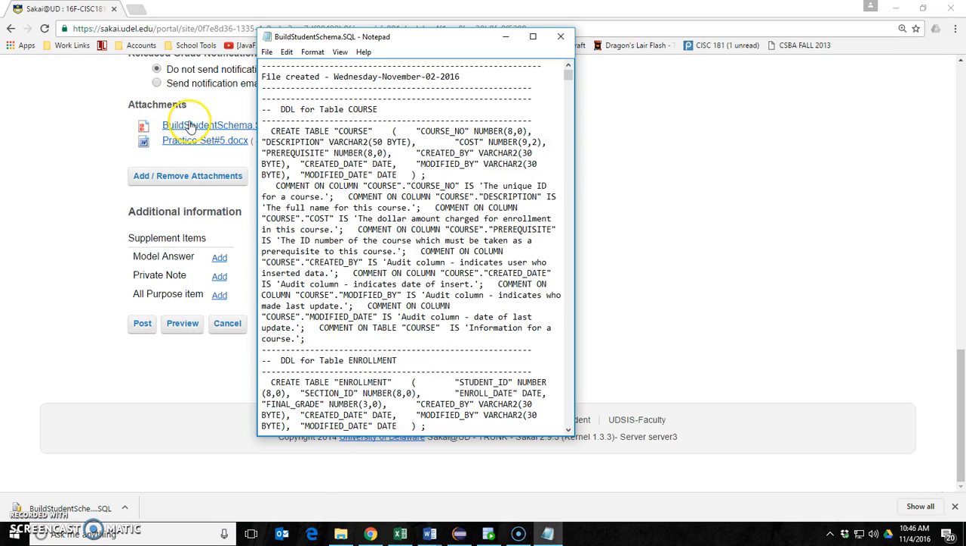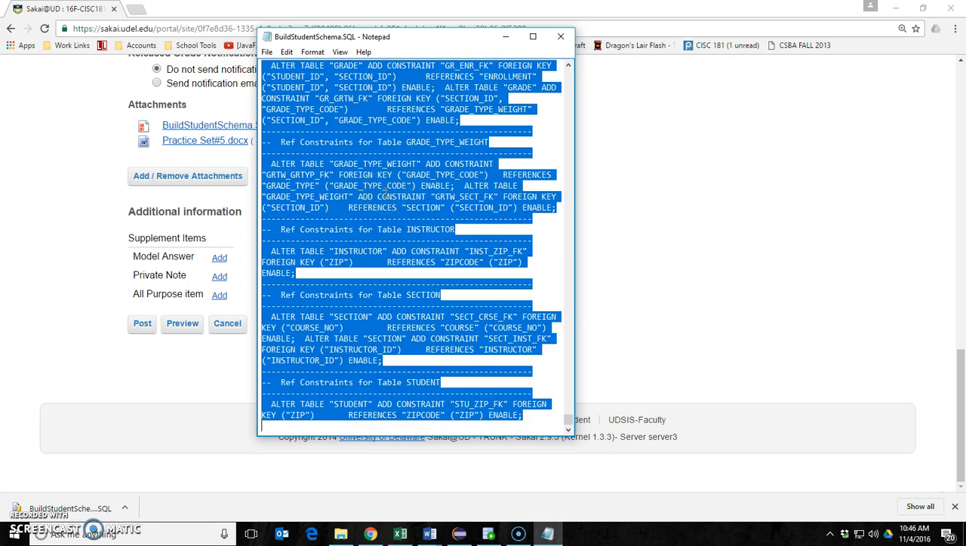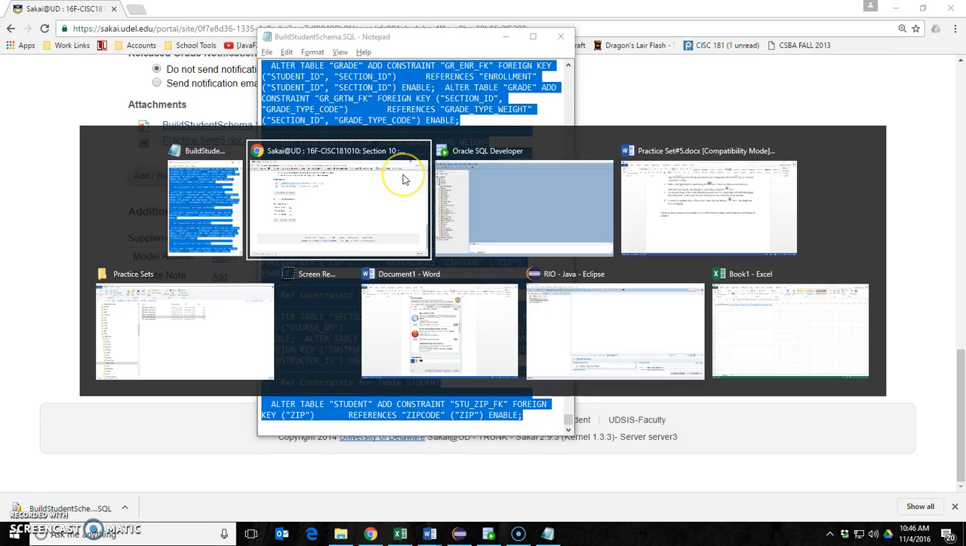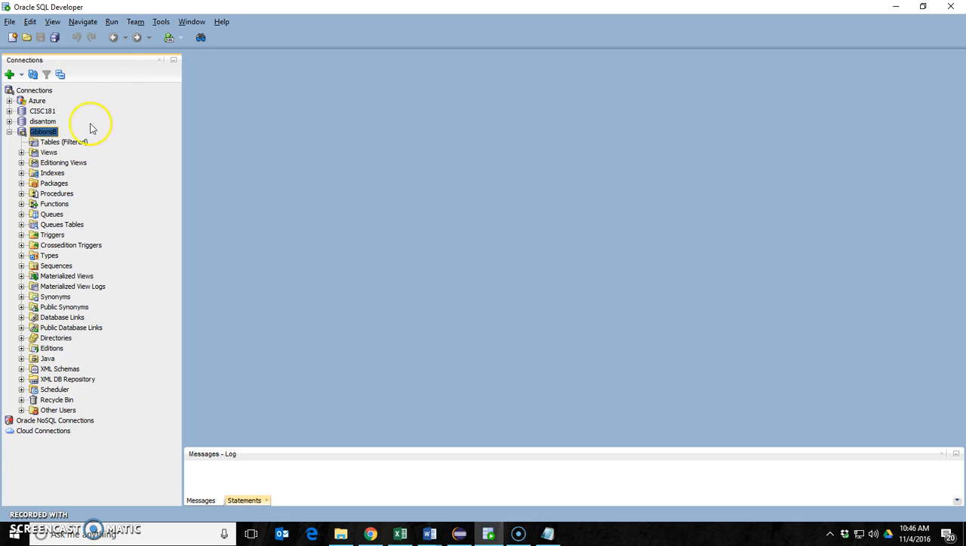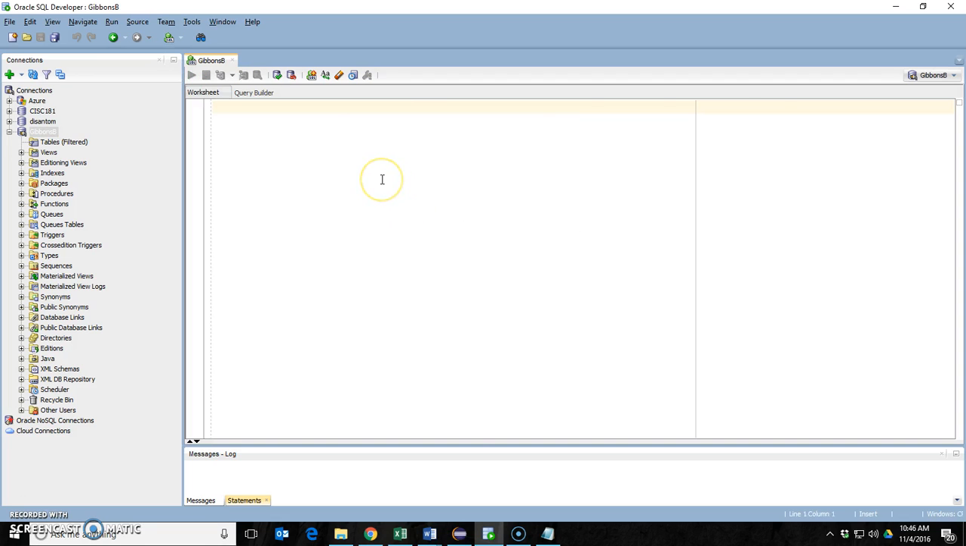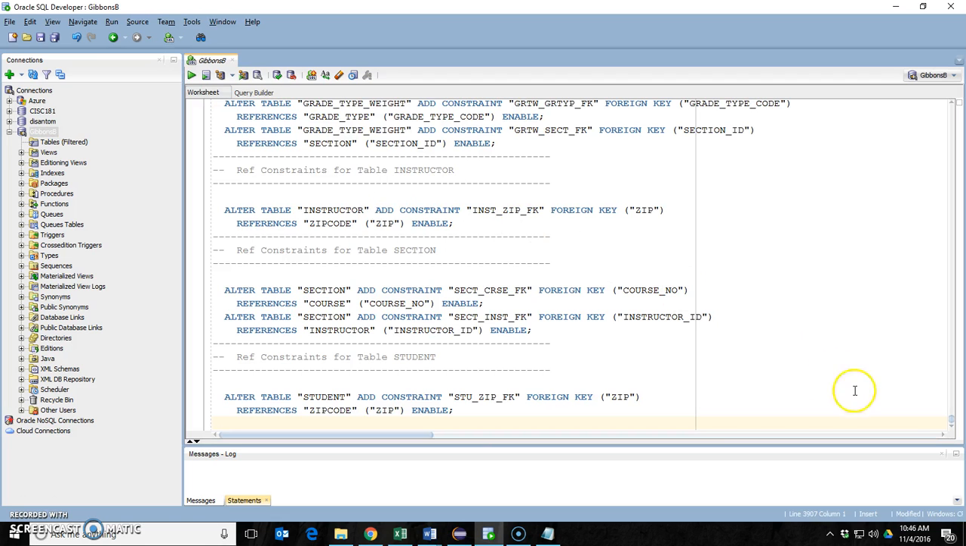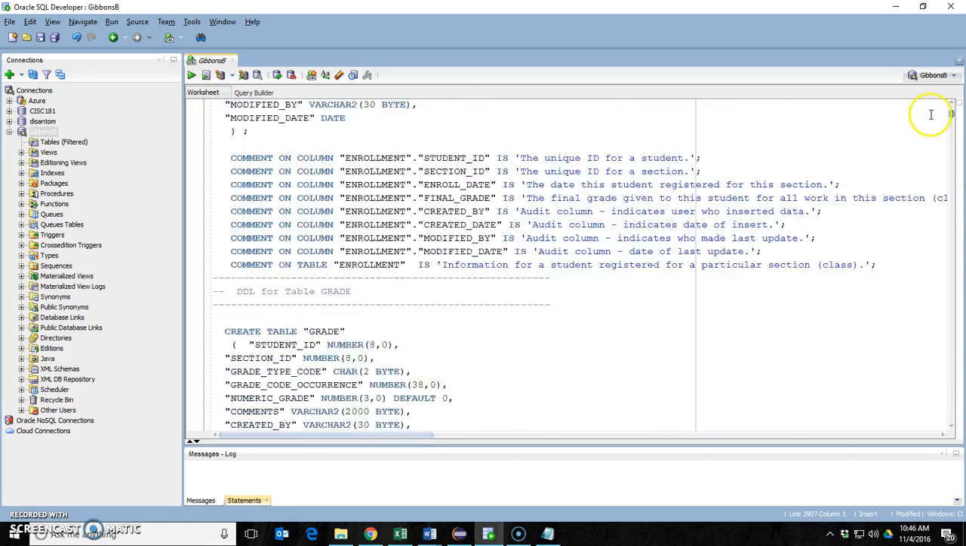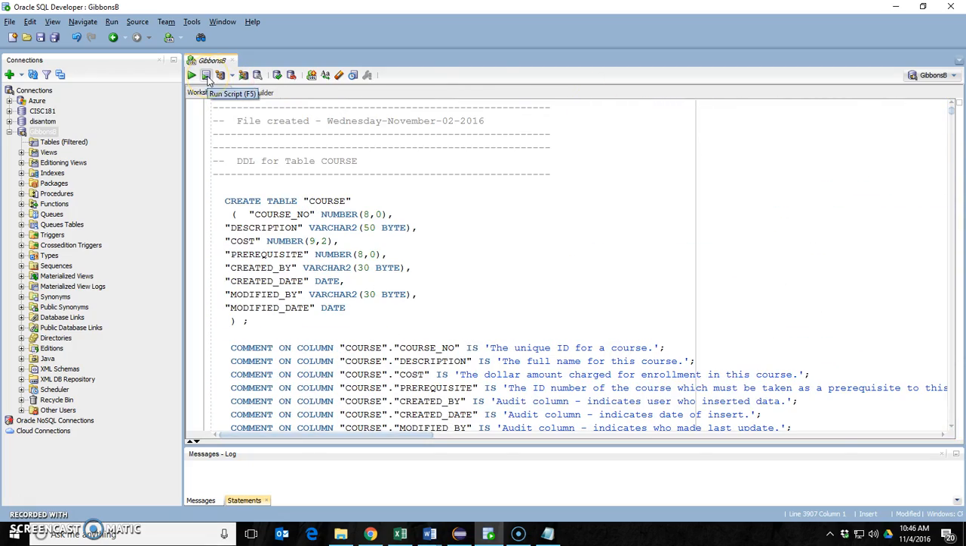I'm back. So I open up that SQL file that I attached to the assignment. Again, I'm not changing anything. All I'm going to do is Control A, Control C. I just opened it up with Notepad. Then go back to SQL Developer. Open up a window for Gibbons B. Paste. That's all I did. Then I'm going to click the Run as Script button,